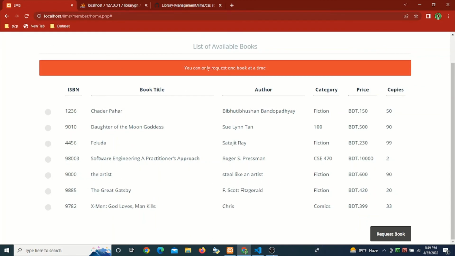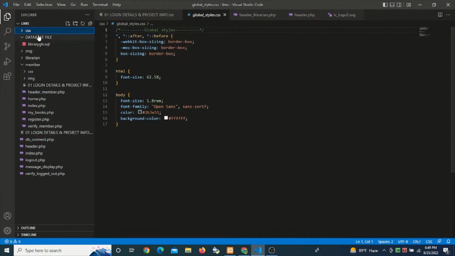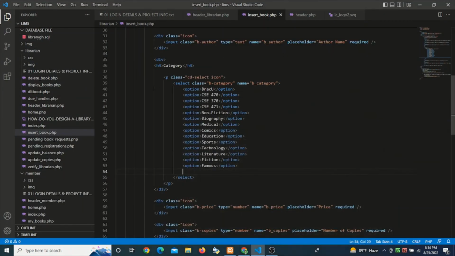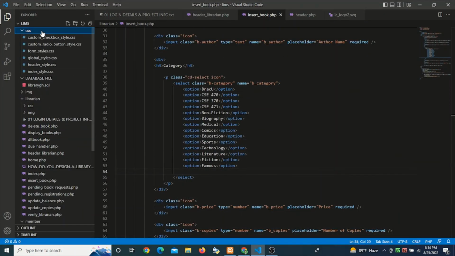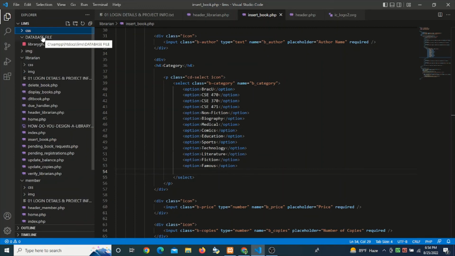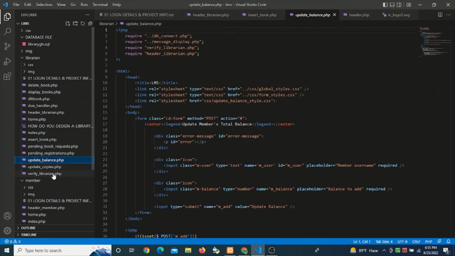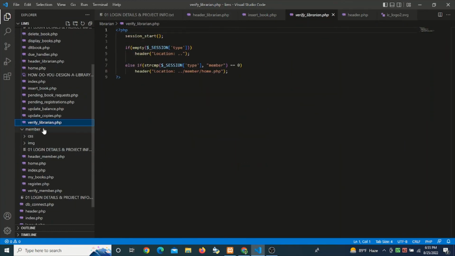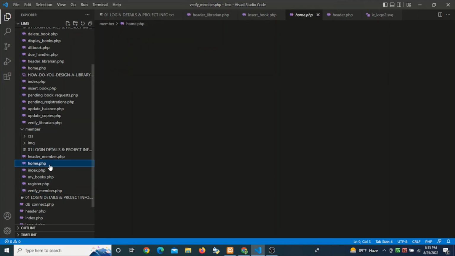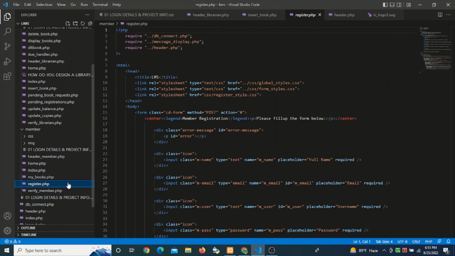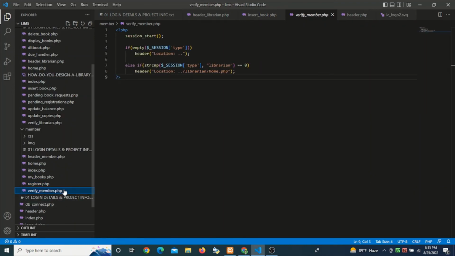So in the code part, we can see a CSS where the style, font, and color have been designed, the database file, and the librarian. In the librarian sector, we can delete, display, and update, and verify the librarian database, and in the member sector we can register, the home page and the verifying part. The verifying part is